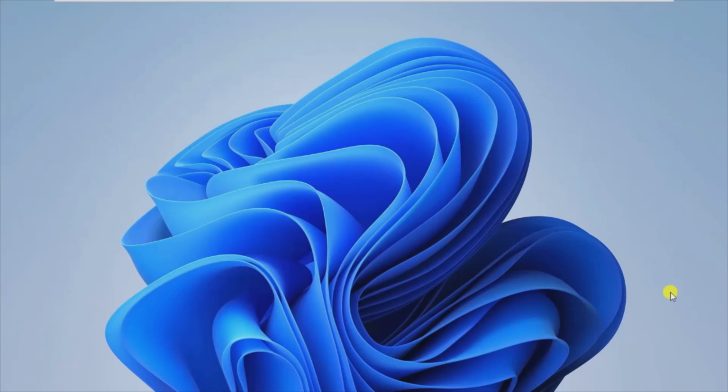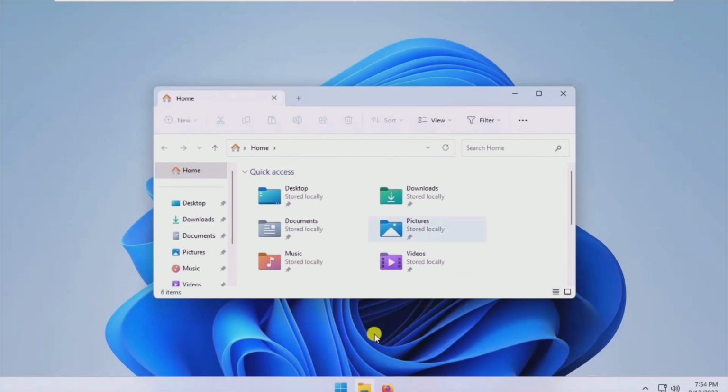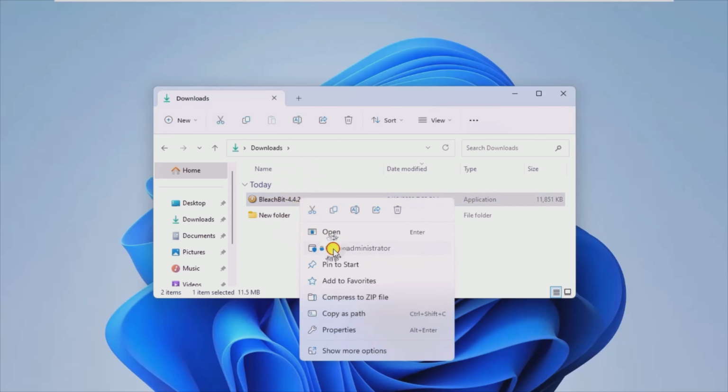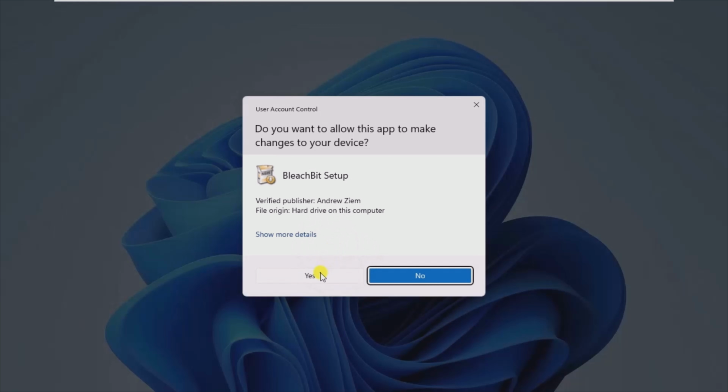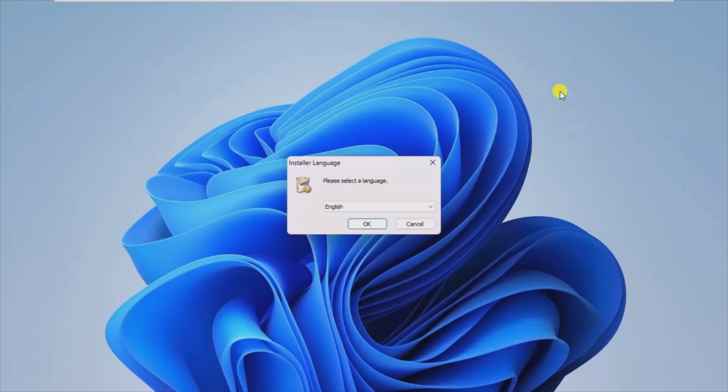Hi, today I'm going to show you how an app called BleachBit works. BleachBit is an app designed to thoroughly clean your PC and remove unnecessary files, in order to free up space and eliminate privacy-related data. Once you complete the quick setup process, you can check out BleachBit's well-organized layout, which allows you